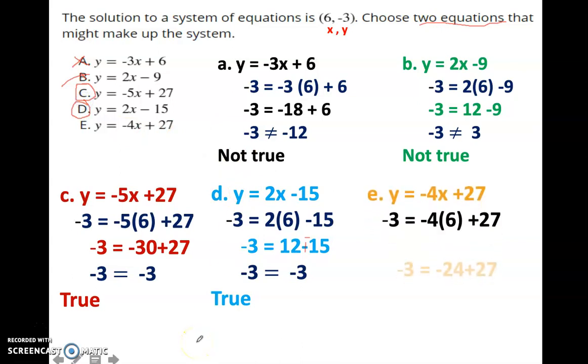Since I found my 2, I know I'm done, but just to make sure, we're going to go ahead and plug in for E. When I plug in my 6 for x and my negative 3 for y, I'm going to simplify here. But remember, when I subtract, I'm going to get 3, but the sign of the larger number is positive, so it's not